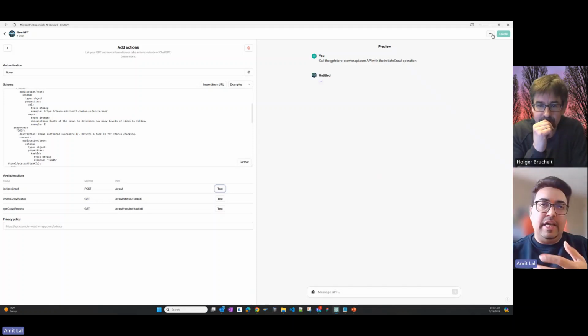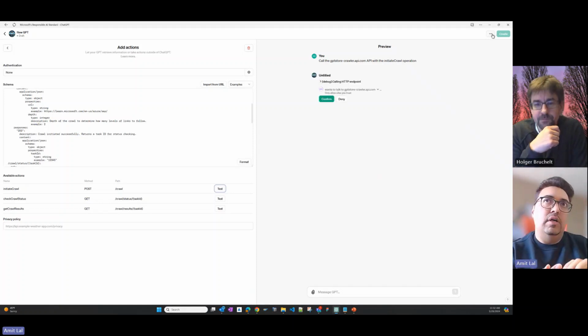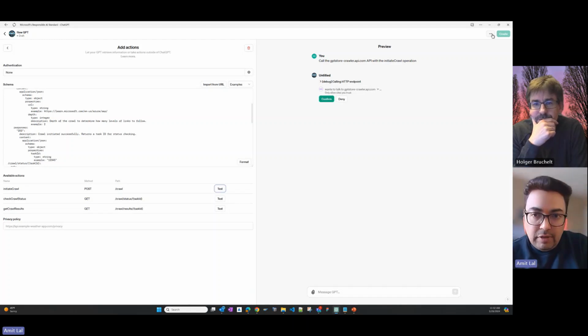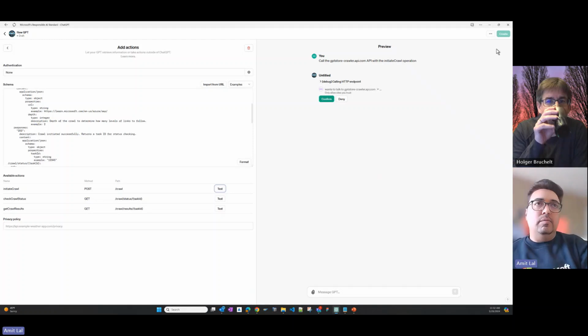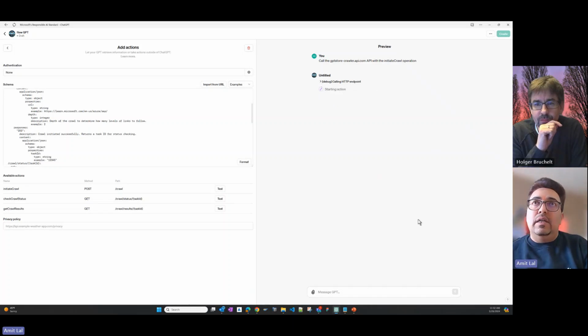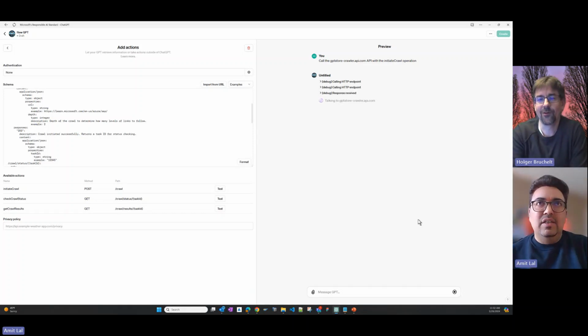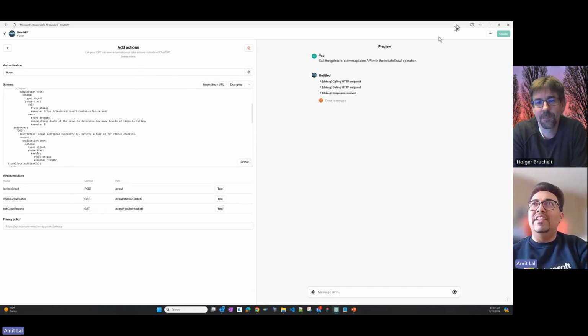Once everything is done, you can click on create. It can be public, it can be private, it can be audience specific. It depends on your appetite, whom you are developing for. In some cases, some enterprises want to focus only on their internal team members, and they can create for their own. And it's going to ask me whether I confirm the HTTP endpoint, which is pretty normal, and then it starts pulling the information. It's going to throw some error because I have to change some of the code. So all good, this is the behind-the-scenes thing.